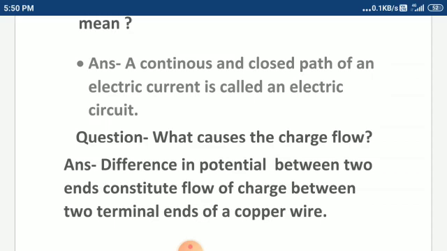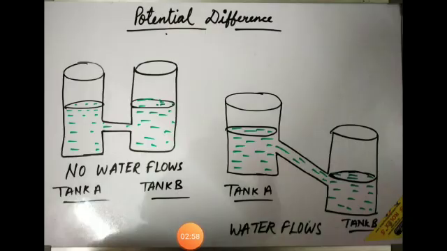And what is this potential? Let me discuss. So we are moving to our next topic, potential. But before that, let me explain to you the cause of water flow. We are taking the example of only water flow. Let's understand the analogy of flow of water. Water flows because of pressure. If it is exerting a pressure, then it will flow.